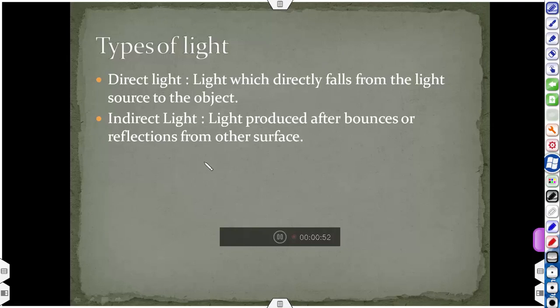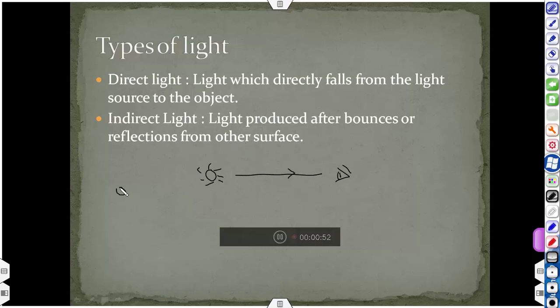For example, suppose this is the light source and this is the viewer. So when light directly falls from light source to the object or viewer, then this type of light is called direct light. And indirect light, light produced after bounces or reflection from other sources.